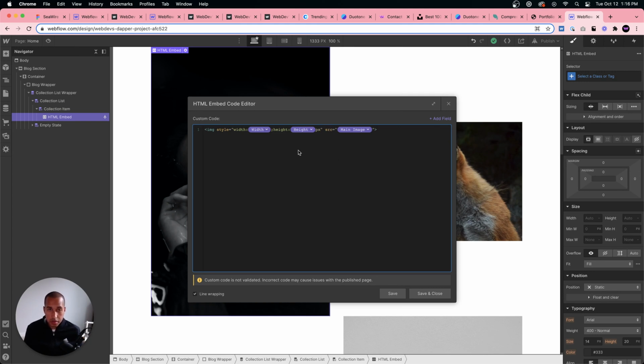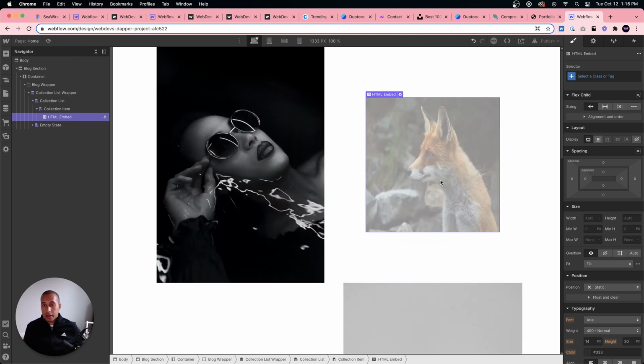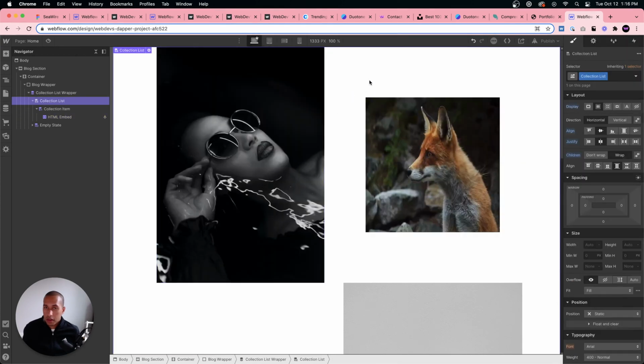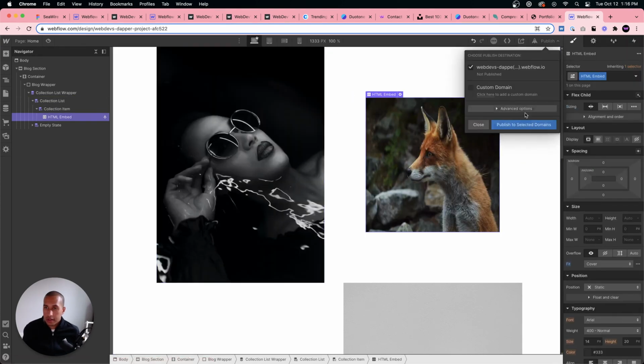Duh. Pixels. And width. Pixels. Okay. Nice. So fit. Let me try setting it to cover. Nope. And I want to see if it applies it actually. It wouldn't. So I think we have to add that with CSS.